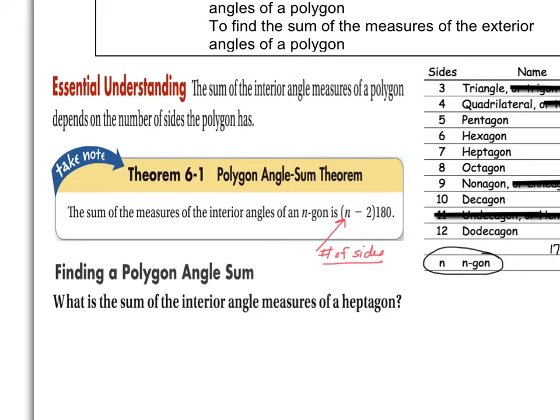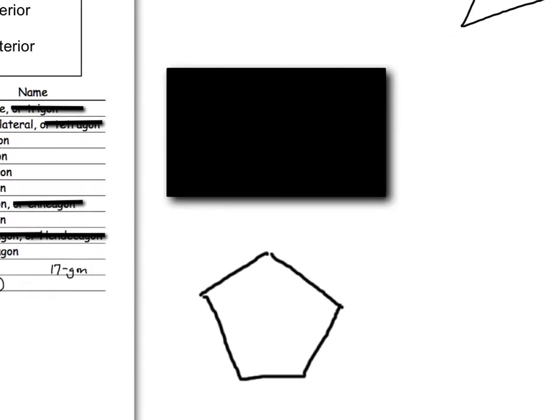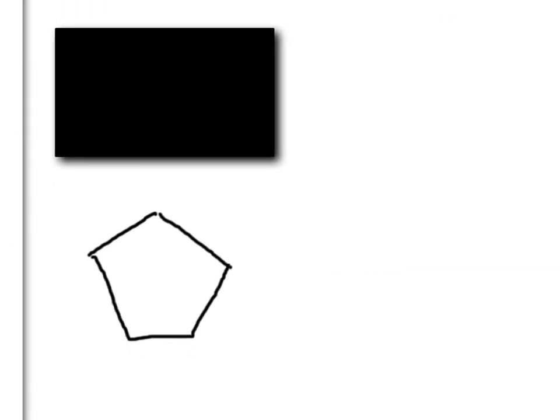Now, what we're going to look at is that figuring out the sum of the interior angle measures of a polygon depends on the number of sides the polygon has. Now, let's talk about what this means. The interior angle measures, that's the inside angle measures. Now, if you go over here, this is something you're going to have to put in your notes because we don't have this in here. So, draw yourself a rectangle and a pentagon in this case. And I'm going to show you how we come about finding the sum of